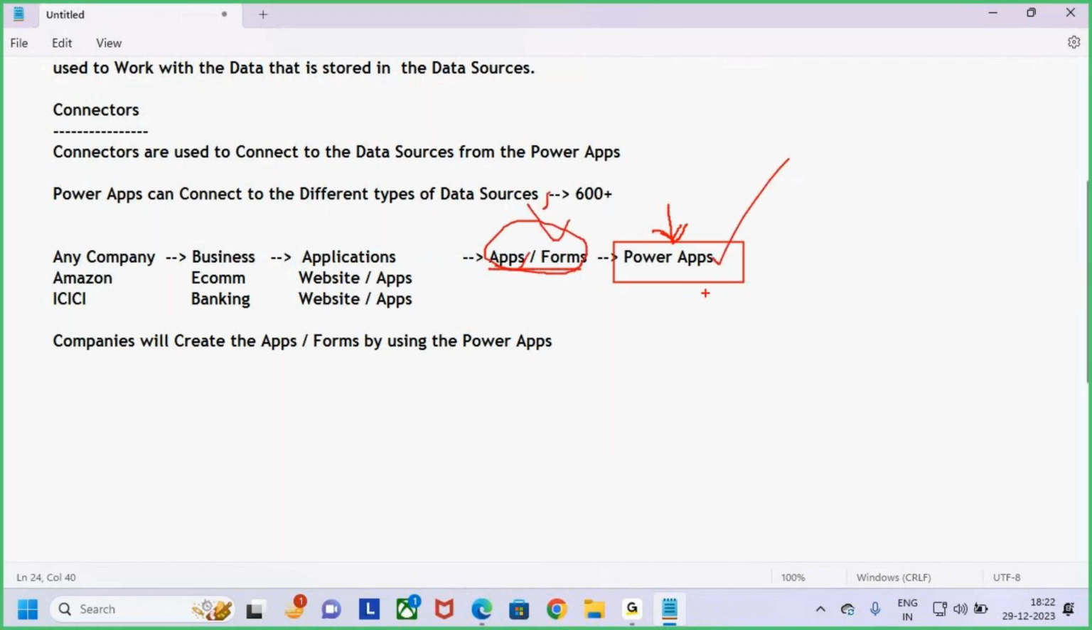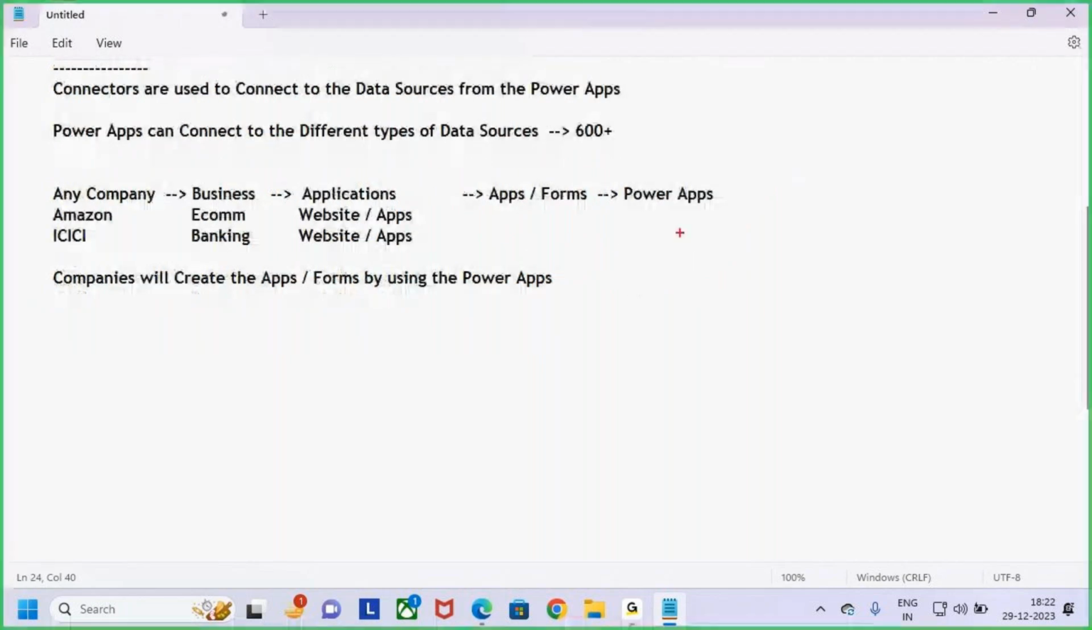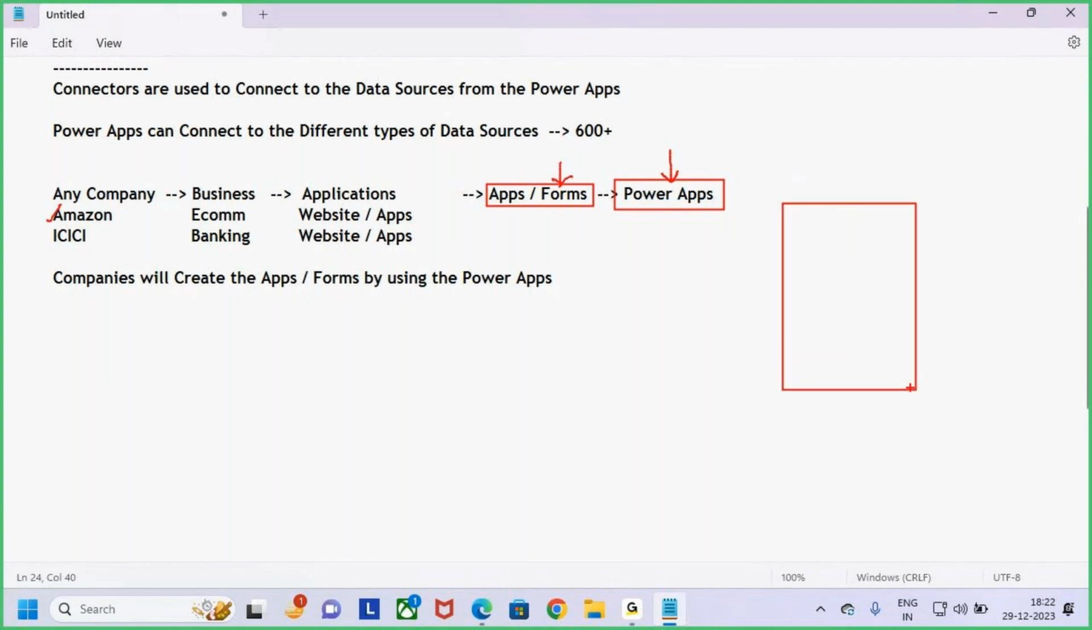Now try to understand, guys. See, what are the advantages you are going to get when you create the apps in Power Apps? First point: Power Apps is not a coding language, it is not a programming language, guys. Nowhere is coding involved. If you want to create any app, let us say for Amazon, in the traditional way,